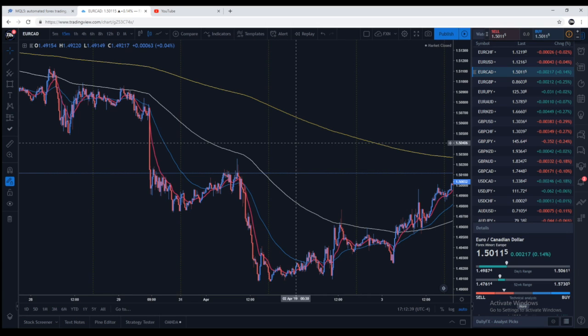The reason I do that and I don't get up any earlier is because I want to make sure that I let the early moves happen, so I can concentrate on the actual real moves that are going to happen. One of the biggest mistakes that I made early on was getting into the trade way too early, because I would always trade it off of the edge of Asia. I kept getting burned on that really bad. So in order to avoid doing that, I basically just